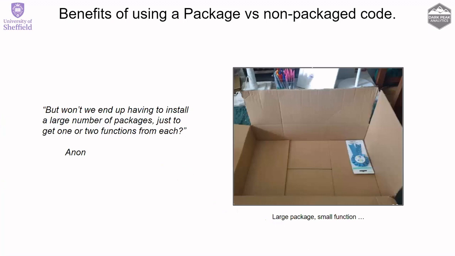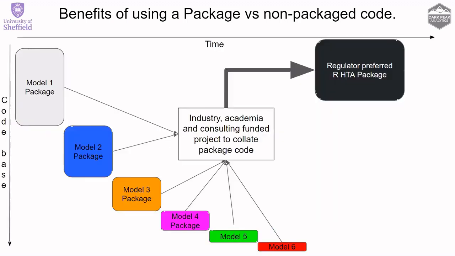So the question we got internally was, but won't we end up having to install a large number of packages? Because if every model is going to be built as a package and then we want to use one function from each model, aren't we going to have a huge number of packages being installed just to get 1 or 2 functions from each? Just like when you order something from Amazon, you get a huge box, tiny little object. So then there's the potential for industry, academia, consulting funded projects to collate package code, the really useful functions that we think can be used a lot from these different models,